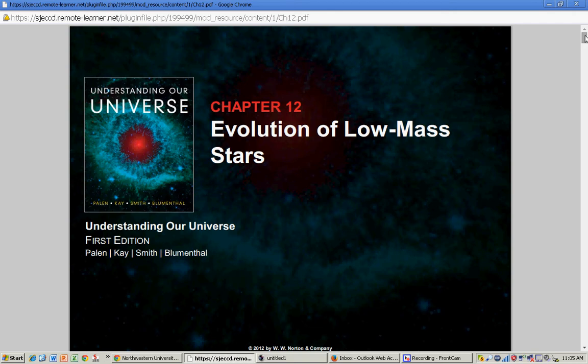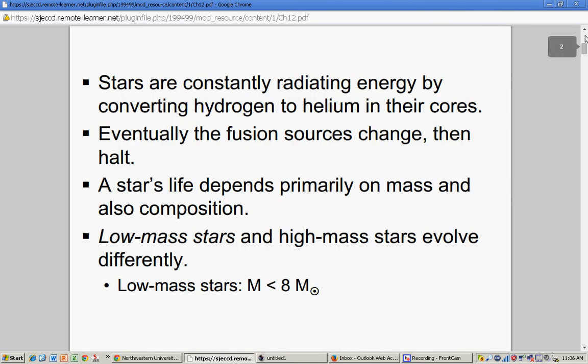So how do stars get their energy? How do stars shine so bright for so long? Well, because they produce energy by fusing hydrogen into helium. Four atoms of hydrogen are fused into one atom of helium. Okay, good. And this happens in the core. So what is the outcome when that energy production process is gone? This is the main point of these chapters. So let me go briefly through this. By the way, I will tell you towards the end what you need to do as far as assignments are concerned.